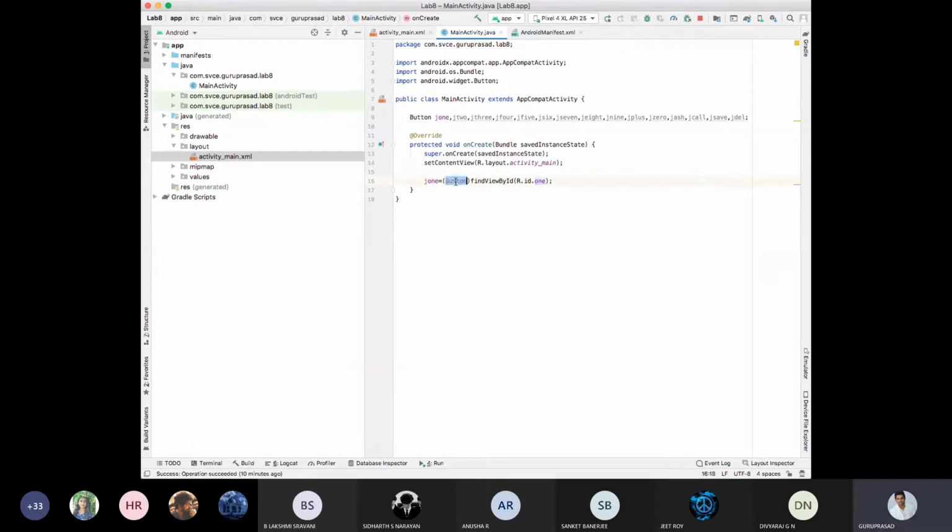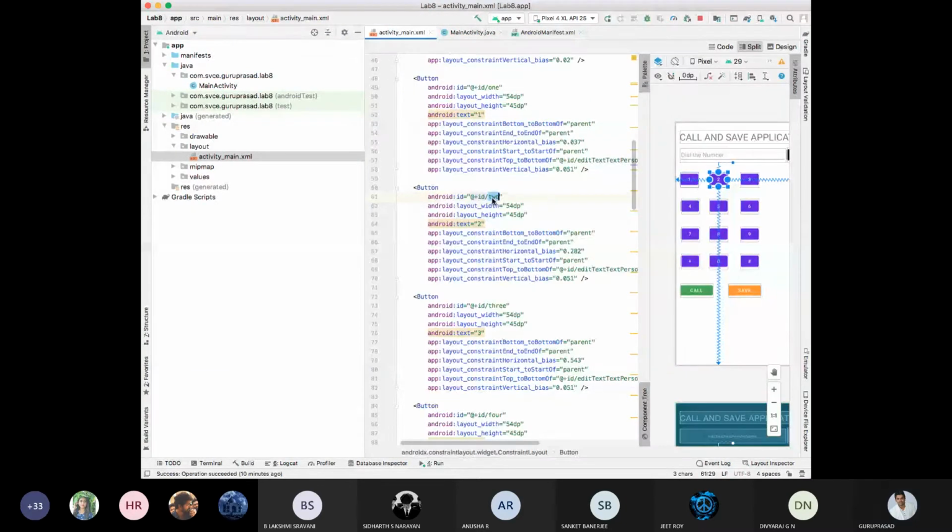Now you tell me: Java 2 button is equal to, there is a button, find that view by ID, R dot id dot 2. In XML I have given it as 2. Can you see this here? So you only need to remember carefully: if you are integrating 3 with your 2, then it is gone.